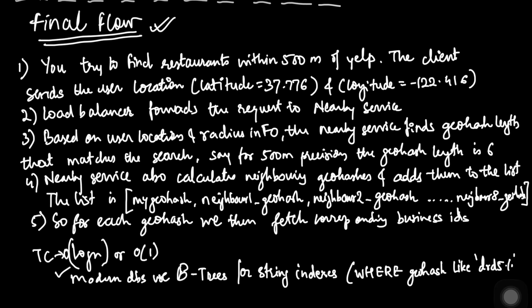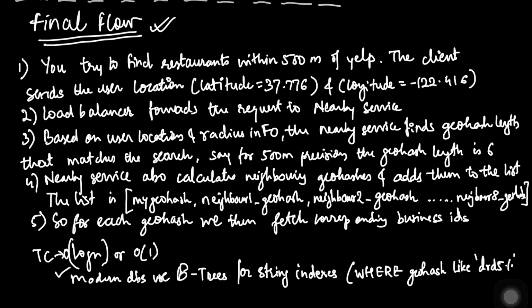So just to have a final flow of what the user does and how the system would work, here are 4 to 5 points which I have written over here, just to summarize what we are going to do. Initially, let's say there is a user who comes to Yelp and wants to find a restaurant within 500 meters. The user would send us his location, the latitude and longitude. Let's say I've taken some sample latitude and longitude. Then the load balancer forwards the request to the nearby